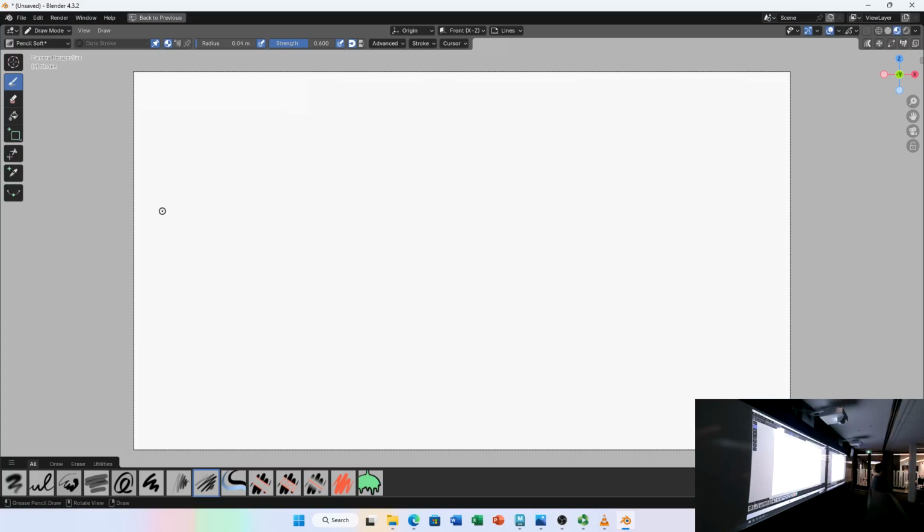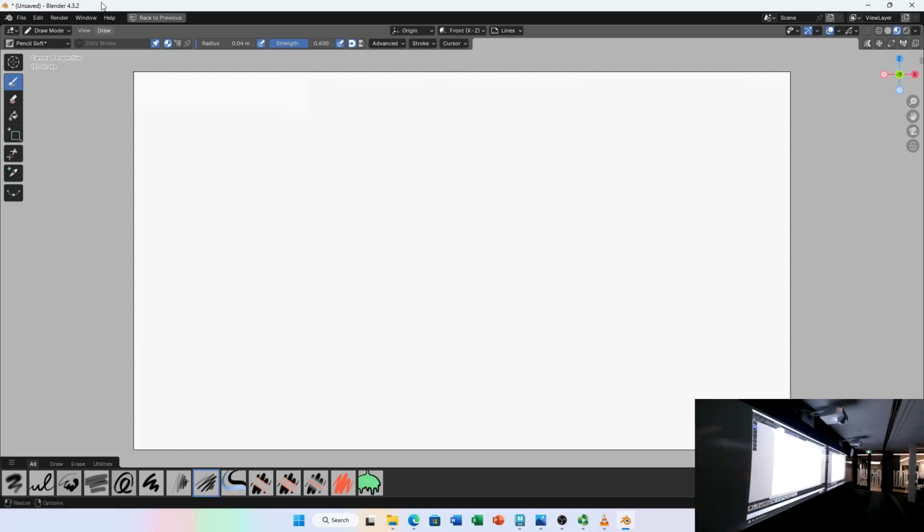Blender has a couple ways of bringing in reference. You can literally drag a JPEG and drop it into the viewport, and it will create a reference for you, either a movie clip or an image. But that creates what's called a reference clip, and it will not render. Okay, so if you want to have a renderable set of like a video or an image, then you have to put it as a texture on an actual plane. And in 4.3.2, they've actually built that into the options that are available, okay? So to do that,